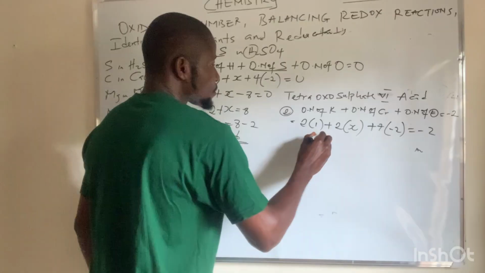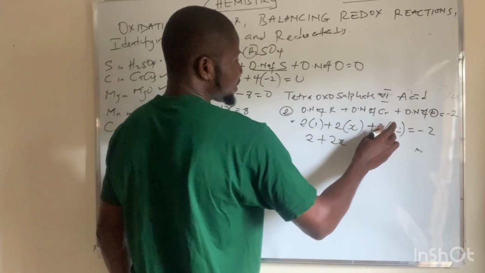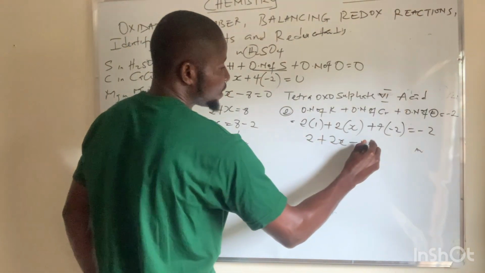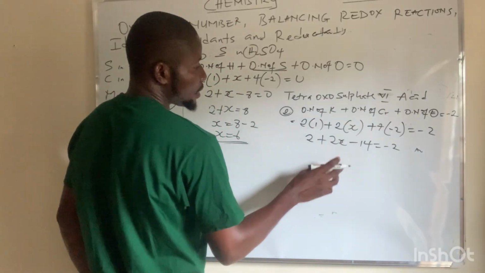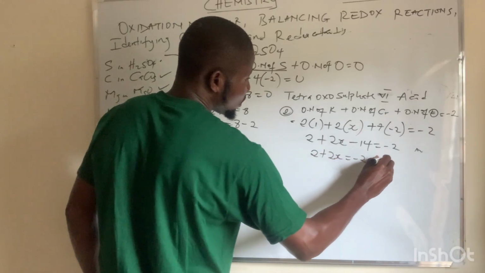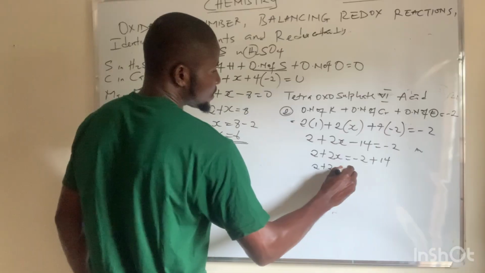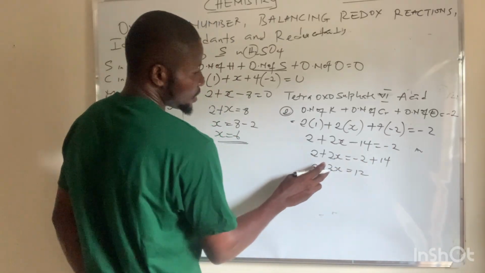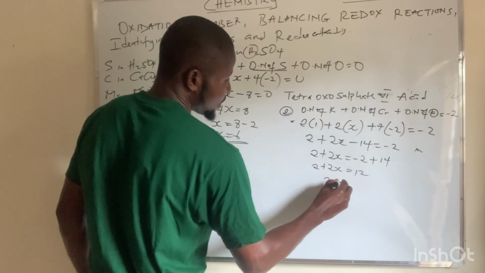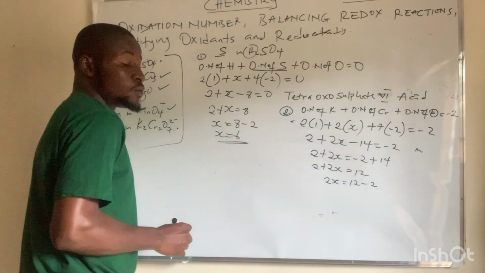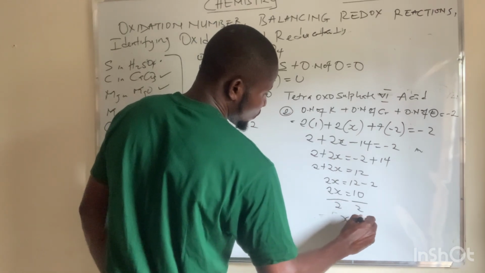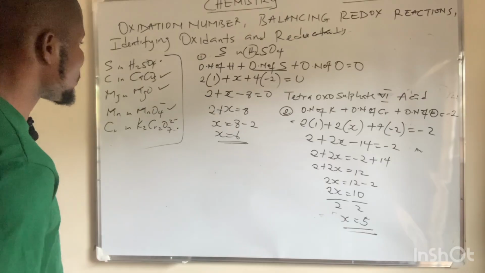So in this case, we have 2 plus 2x. 7 times minus 2 is minus 14. So minus 14 is equal to minus 2. When you do the arithmetic, 2 plus 2x is equal to minus 2 plus 14, which is 12. So 2x is equal to 12 minus 2, which is 2x is equal to 10. Divide both sides by 2, x is equal to 5. So in this case, this compound can be named as